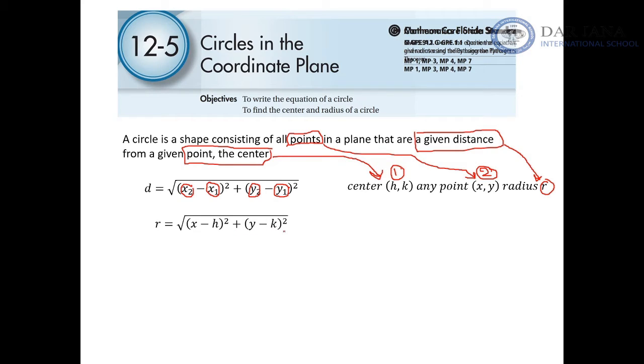Just to make it simple, I'm going to square both sides. The square is going to get rid of the radical, and I will get that the radius squared is equal to x minus h squared plus y minus k squared,